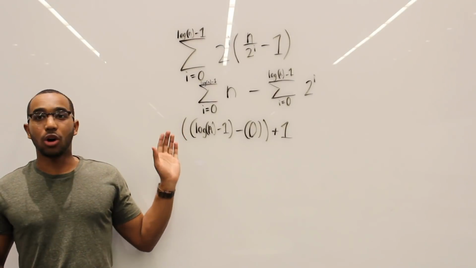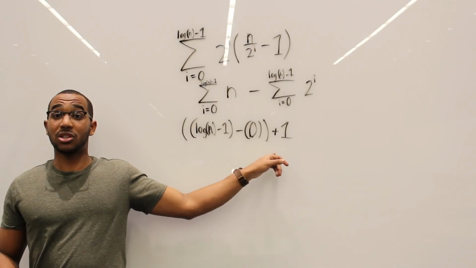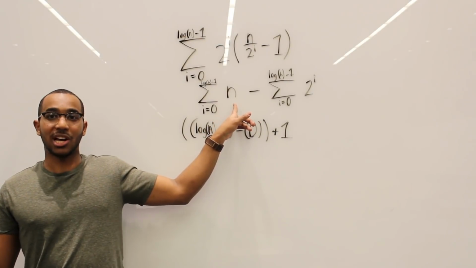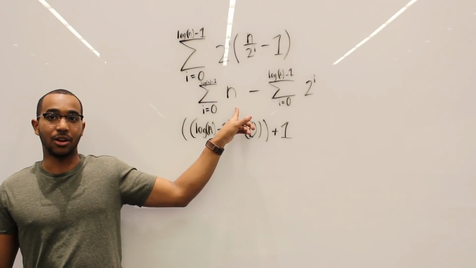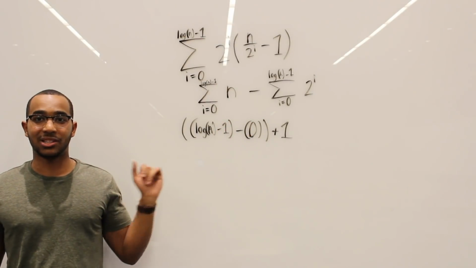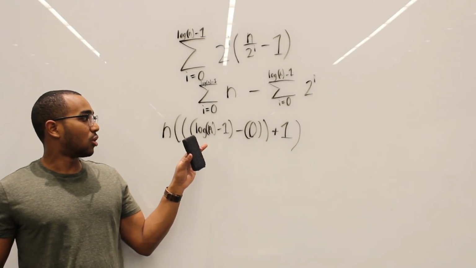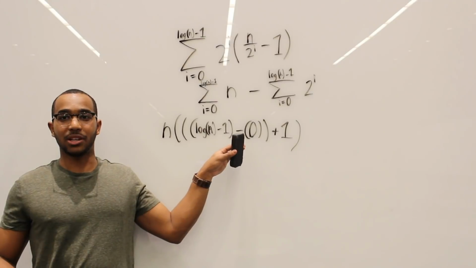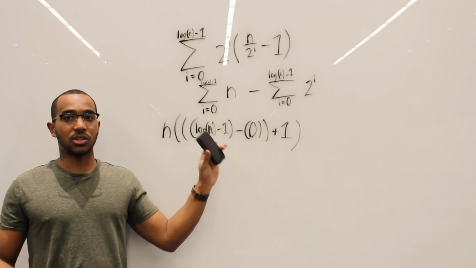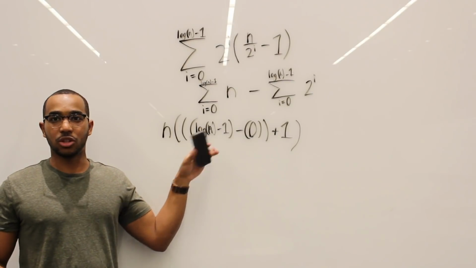And what we need to also do is multiply by n in here. So this is how many times the summation runs, and we're going to be doing this every single time, adding n over and over. So multiply that by this expression, so n times this. So we can simplify this. So what is log n minus 1 minus 0 plus 1? Well, 1 minus 1 is 0, and 0 minus 0 is 0. So all we have left is log n.